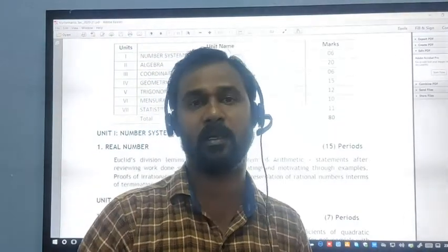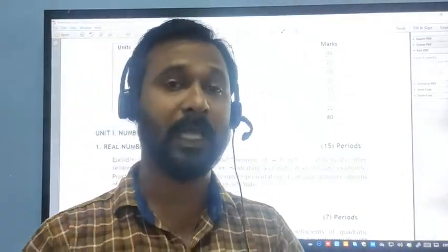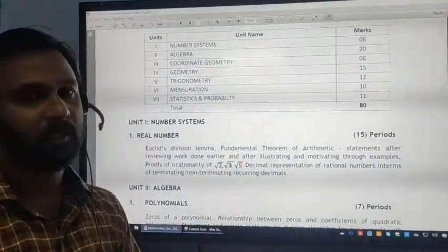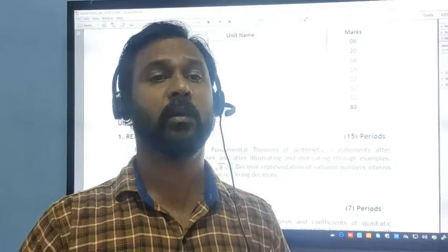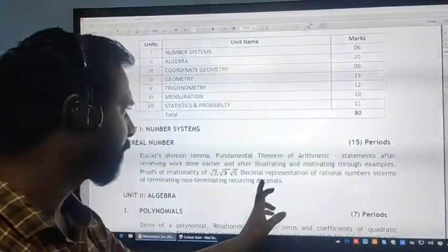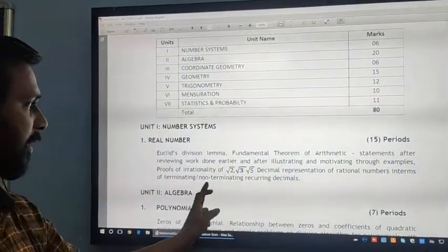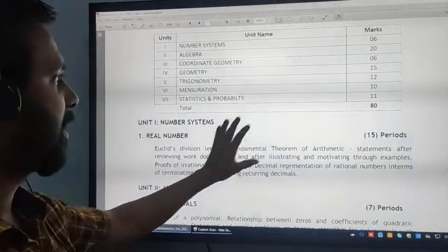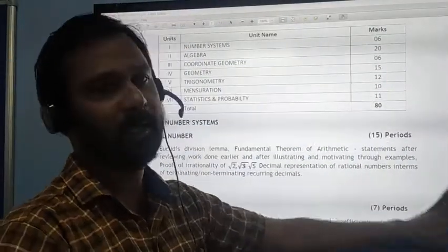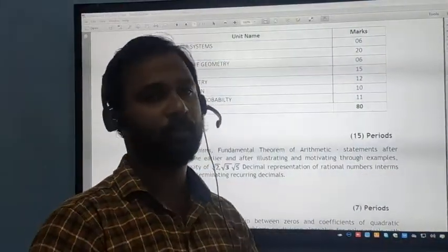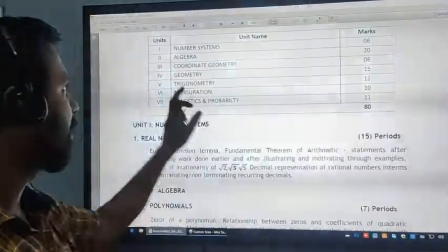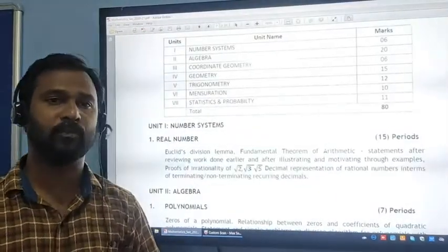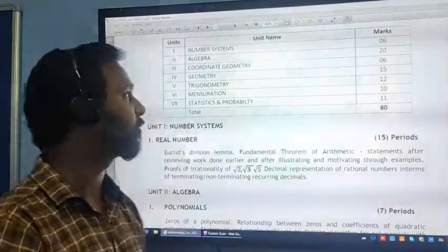But in 10th class, we will see how we can prove that root 2, root 3, root 5, etc. are irrational by a theoretical method known as the method of contradiction, in terms of terminating, non-terminating, recurring decimals. This single chapter carries 6 marks and is to be completed within a maximum of 15 minutes. Now we move to the second section, algebra, which we have been handling right from 6th class onwards.